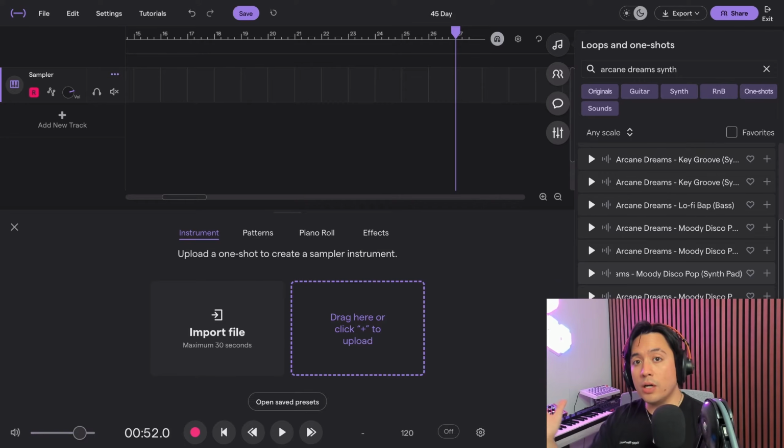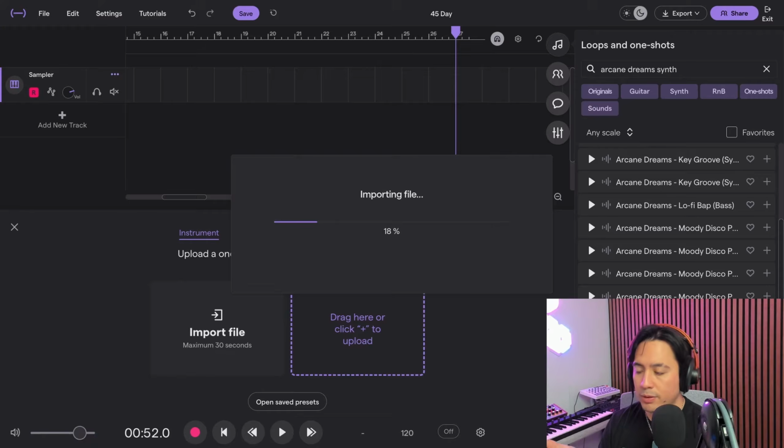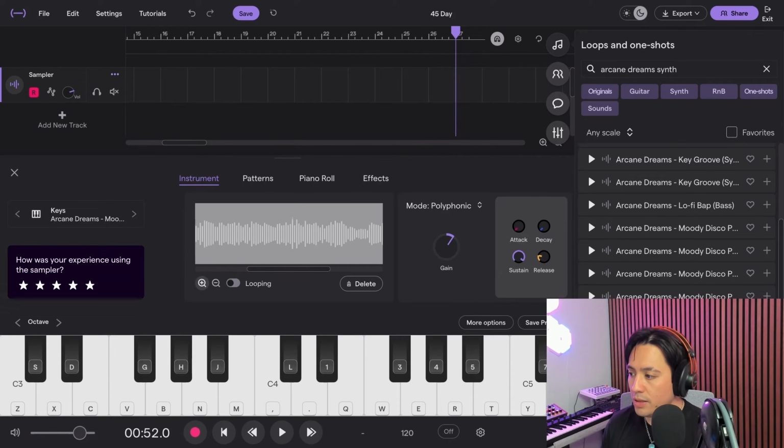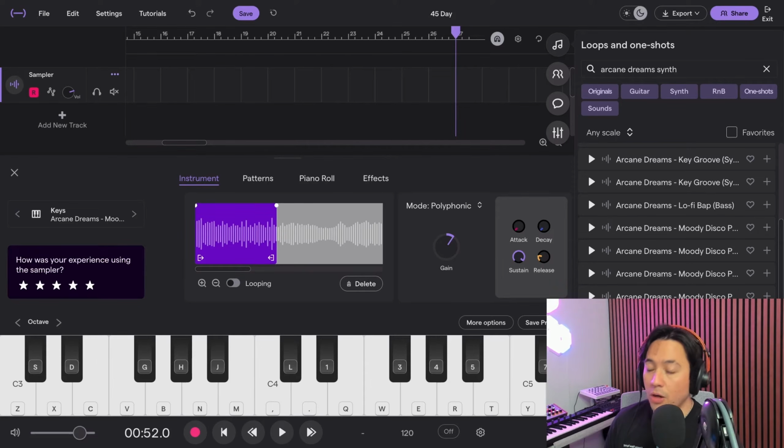This one has a long kind of swell with a long chord that goes in there. So I'm going to pull this one into the sampler. So now I'm going to do some edits to this to make sure that I'm only separating out that chord. So if you listen to it, there it changed chords. So I'm going to zoom in and make sure that I am on just that one